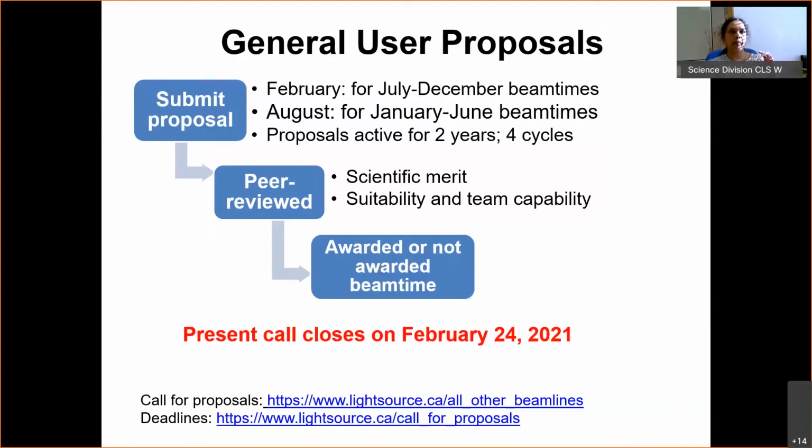And then they give a score, and then it goes to another committee called the allocation committee. Based on the scientific score and the availability of beam time, we start allocating beam time from the best score proposal down until we run out of beam time. And once the process is done, you will get a notification from the user office, and then the individual beamline responsible will contact you to schedule the beam time. So basically, this is how the process works. You write a proposal, it is peer reviewed and given a scientific merit score, and then you will be given beam time, or may not be given beam time if the score is not very good.